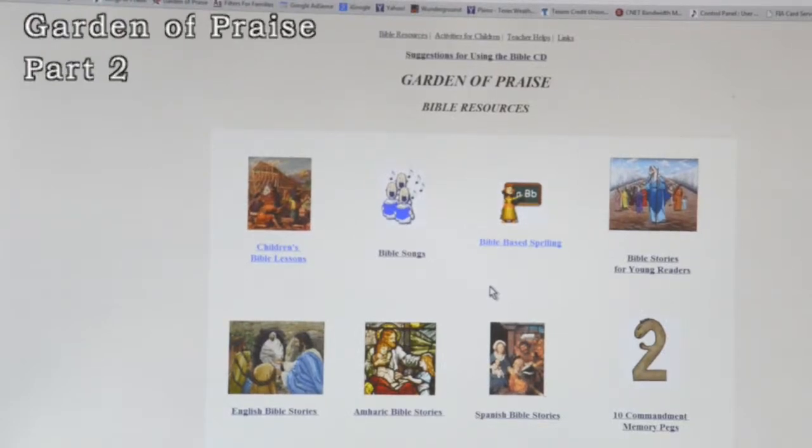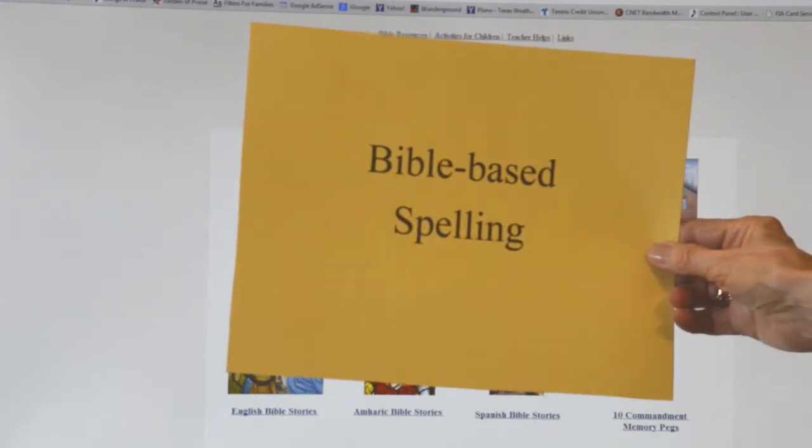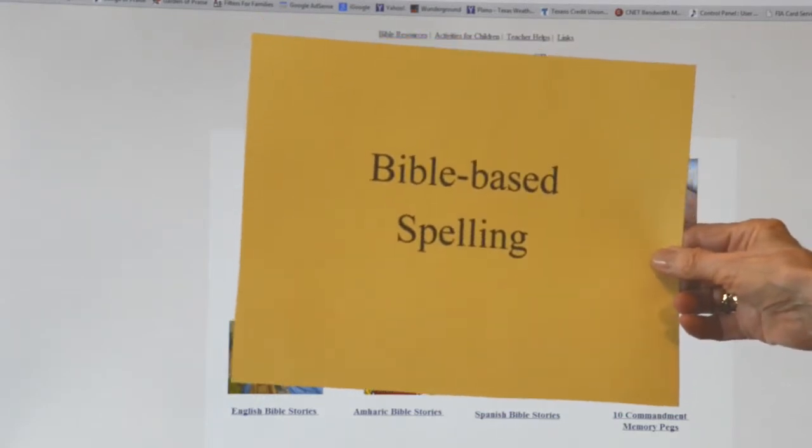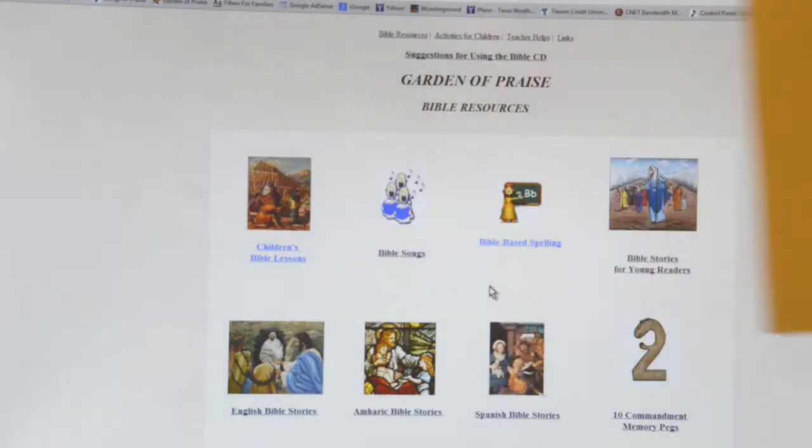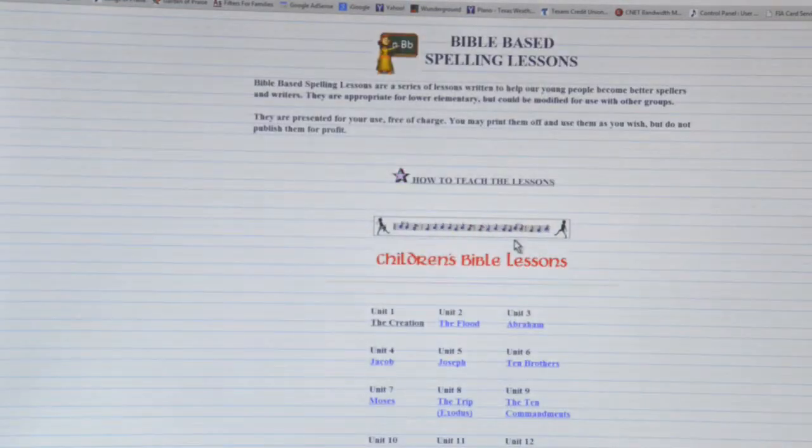In this segment, we're going to be talking about the Bible-based spelling. There are 35 spelling lessons, and they correlate with those 35 Bible lessons from the Old and New Testament. So here is our icon and our link that goes to the Bible-based spelling lessons. To start with, I want to show you the creation lesson, and then we will talk more about teaching the